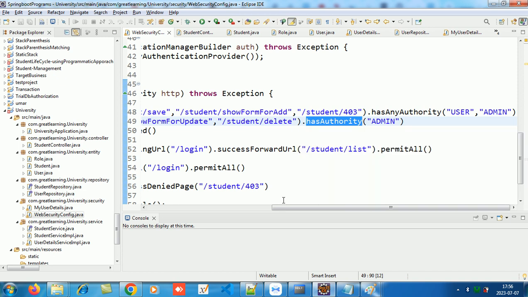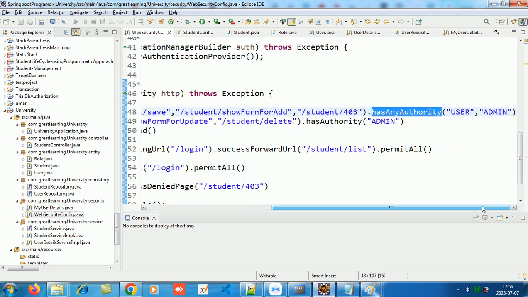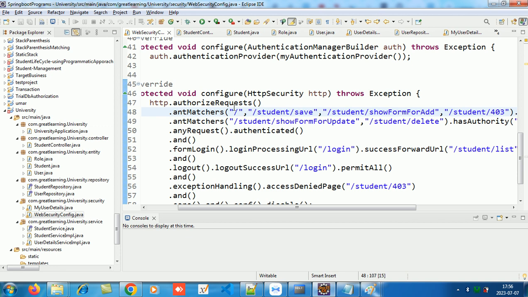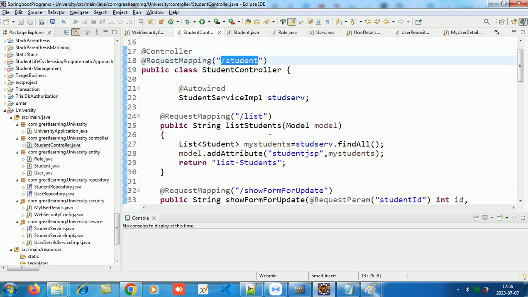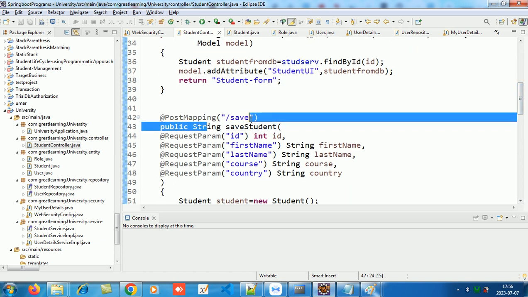ठीक है, तो जिस जिस एंडपॉइंट को आपको देना है, तो एंडपॉइंट स्पेसिफाई करो और फिर डॉट हैज एनी अथॉरिटी करो, उसमें से कौन सी अथॉरिटीज, यूजर और रोल्स, यूजर और एडमिन। समझ में आया तुम लोगों को। तो रूट का /student/save, तो /student/save मतलब क्या, ये क्लास के ऊपर अपन ने /student लिखा हुआ है और उसके ऊपर /save लिखा हुआ है, ये एंडपॉइंट होगा ना, तो वो एंडपॉइंट के बाद चल रही है।